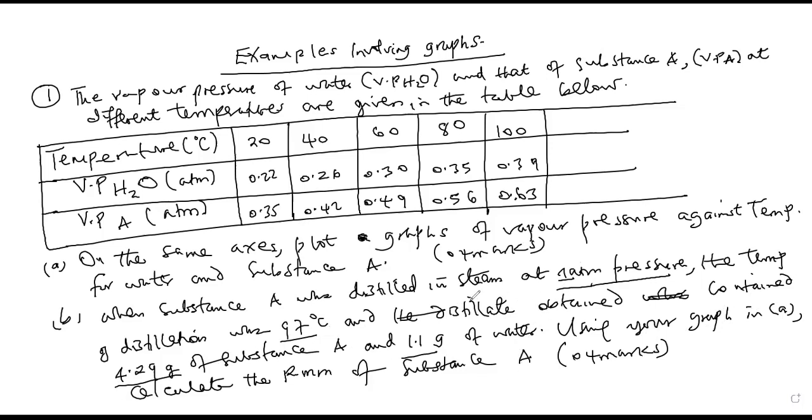So the main important thing is to first plot a graph of vapor pressure against temperature for water and that substance. Now, first have the question written in your book or anywhere else, so that when we are plotting, we do not keep turning back. So for that part A, of course, the first important thing is to put a title. So you're going to say a graph,